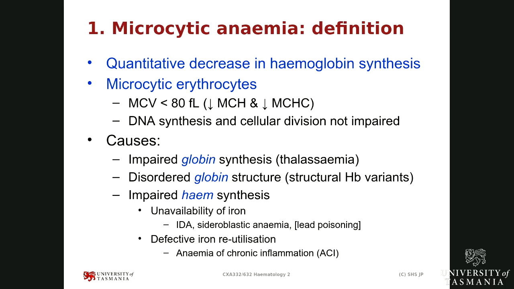Usually, when there is a reduction in a particular component needed for erythropoiesis, the cells tend to get smaller first and then they become hypochromic. And so these microcytic erythrocytes